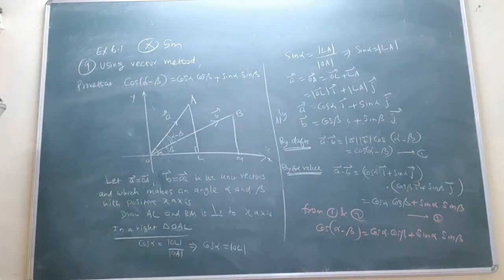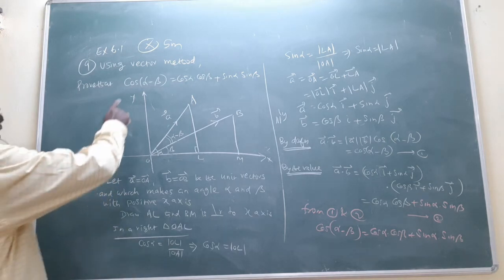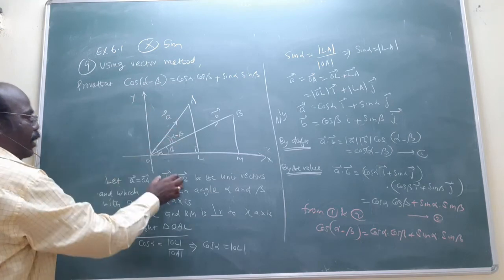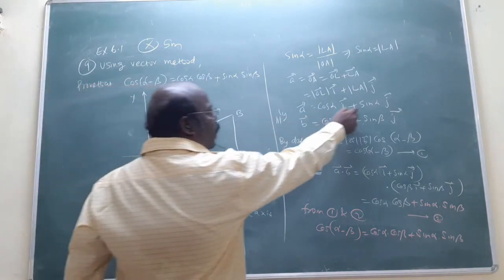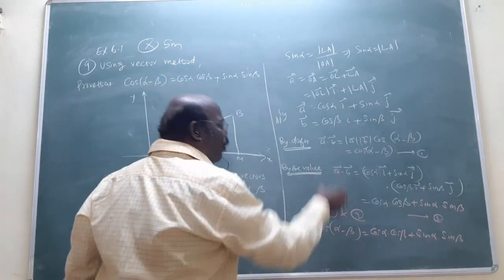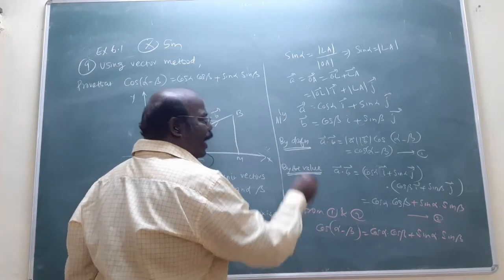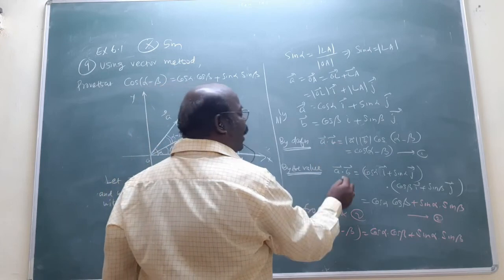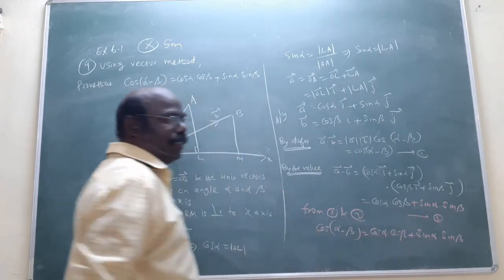Important 5 mark question. You must find the value of A and B. That's very important. A equal to cos alpha plus sin alpha, B equal to cos beta plus sin beta. Suppose the same problem, sin(alpha minus beta) is asked, the construction up to the A vector we will see. Here you will consider the definition of cross product, sine involving cross product, then equally we get the answer.